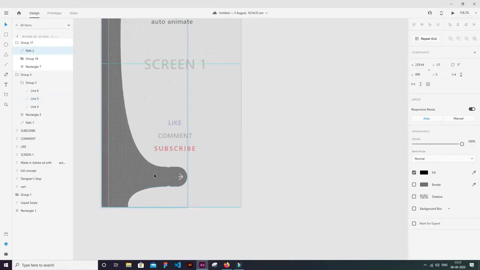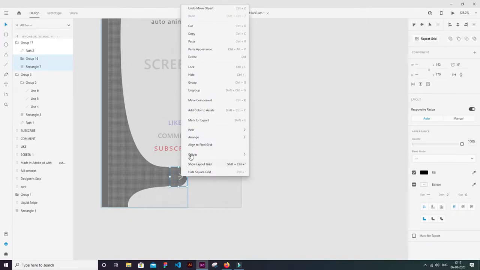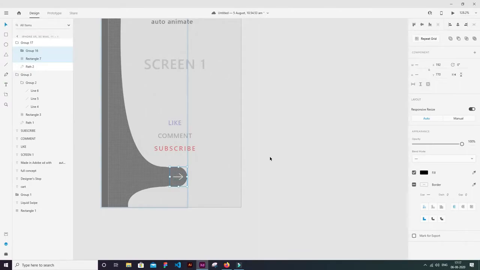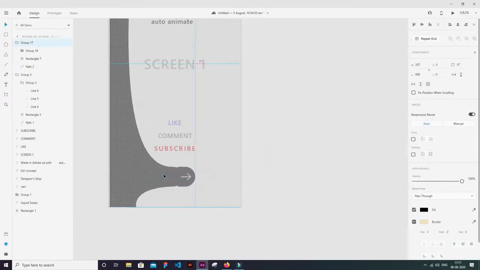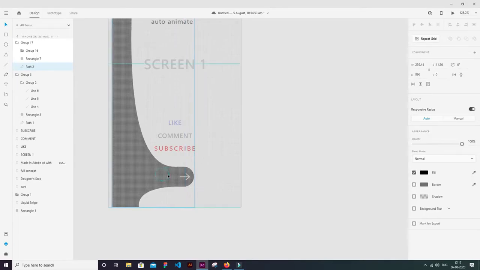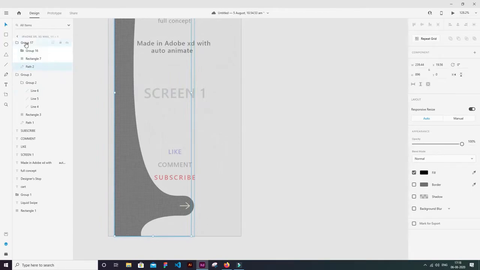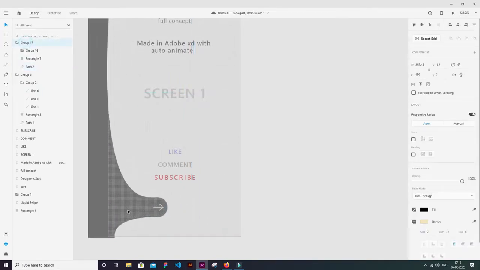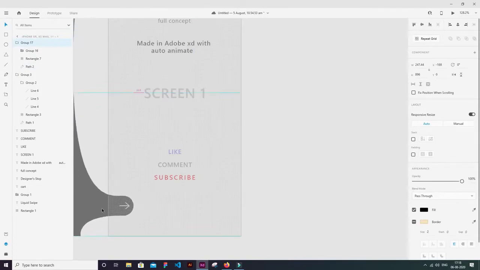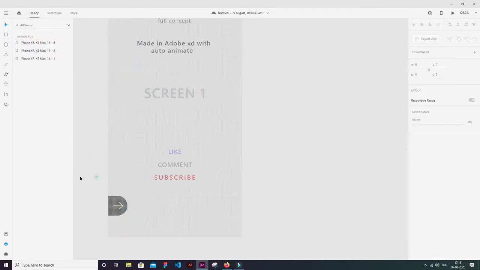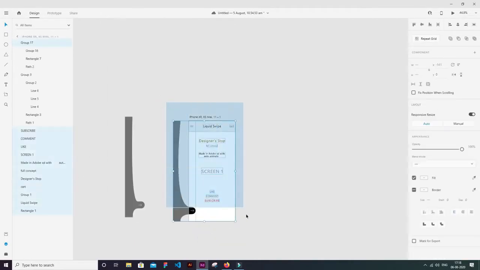Then move this back. Select arrow and this rectangle, and arrange it and bring it to front. Again select this path, move it right here. Then select this group, place it back again. Yes. So after your first artboard is done,